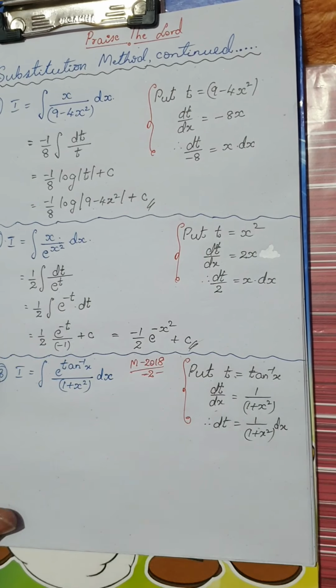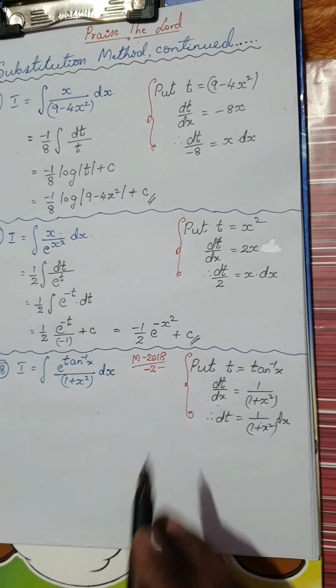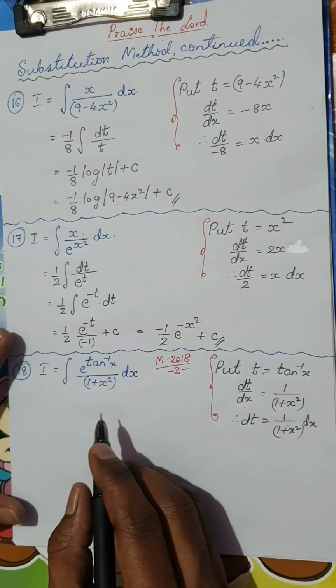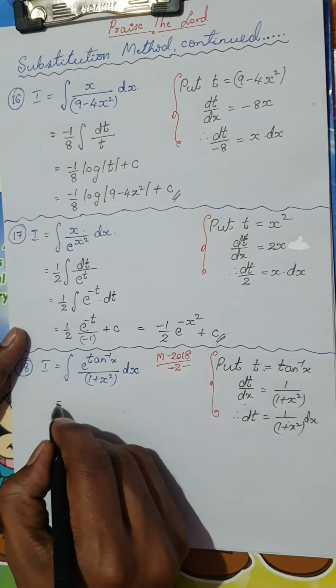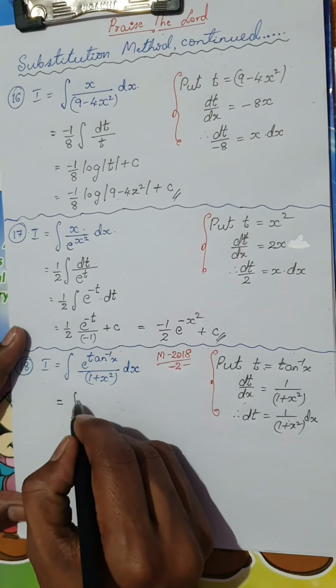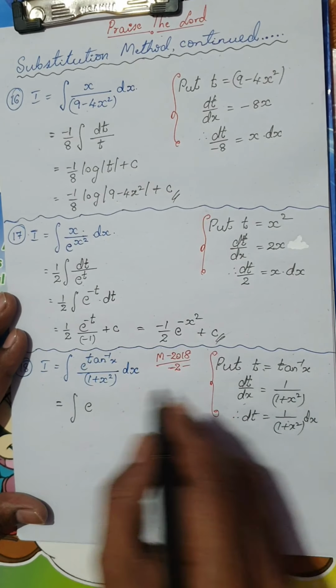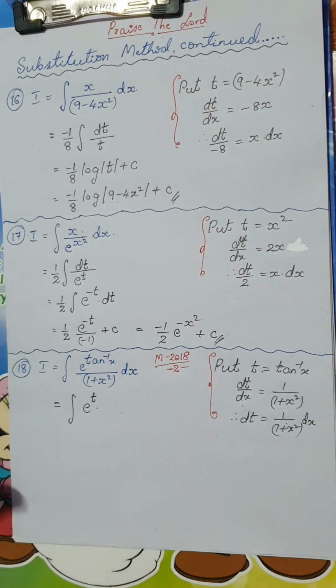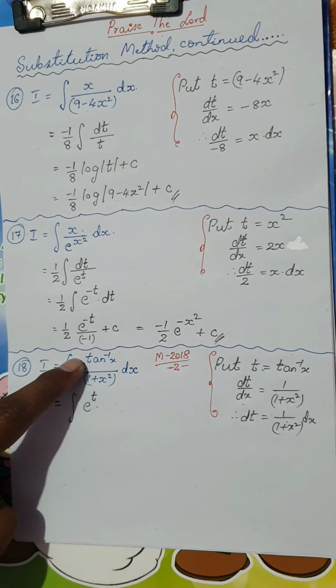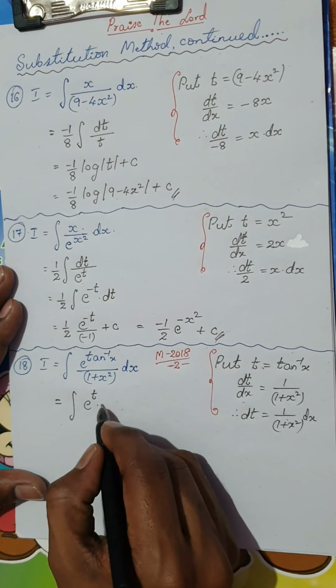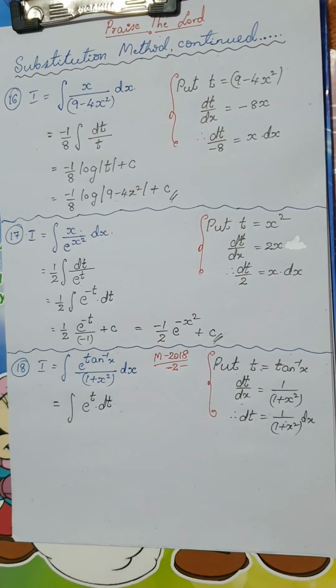Keep it aside. Now, I'm again telling you, students, you are not supposed to use different colors in the examination. Use a single color. See what happens to this question. This becomes the integral of e power, what is tan inverse x? Tan inverse of x, I will consider it as t. Now, such a big integral will convert into a very simple one. Now, dx divided by 1 plus x square would be simply dt.